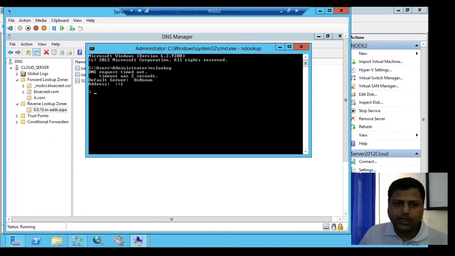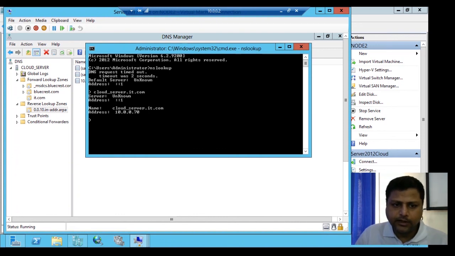First we are going to check the forward lookup zone, that is cloud_server.it.com. So you can see that it has resolved, cloud_server.it.com has 10.0.0.70.